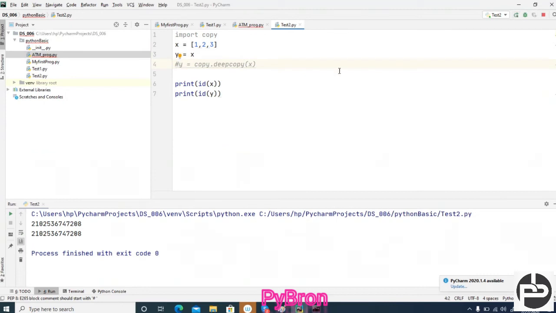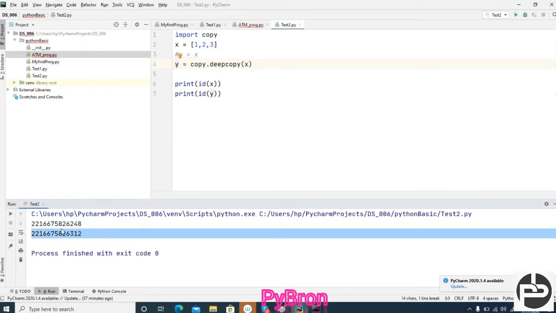Yes, this is a different address. Now if I comment line number 3 and check this address, can you see I'm getting a different address? So this I would like to show you. If you want to store similar data in a different location, that is also possible in Python. This is known as deep copy.